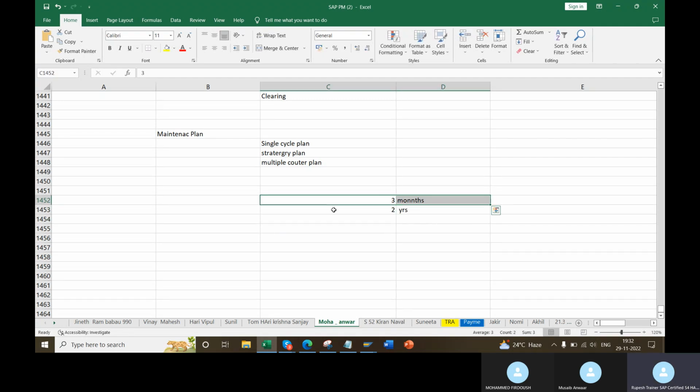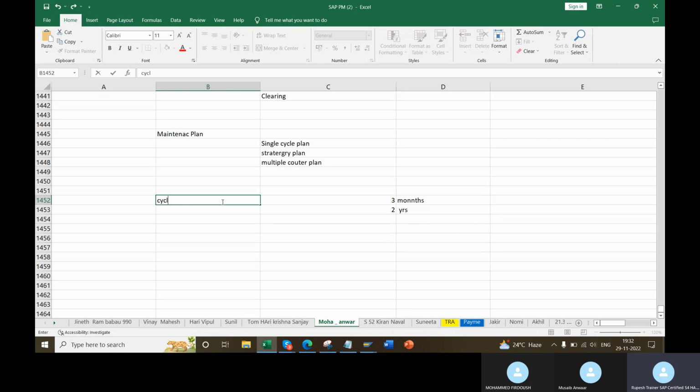So this three months is called the cycle length, or cycle period, and this two years is called the cooling period.